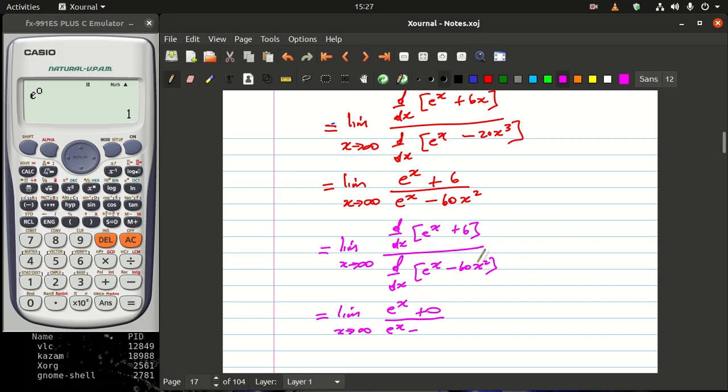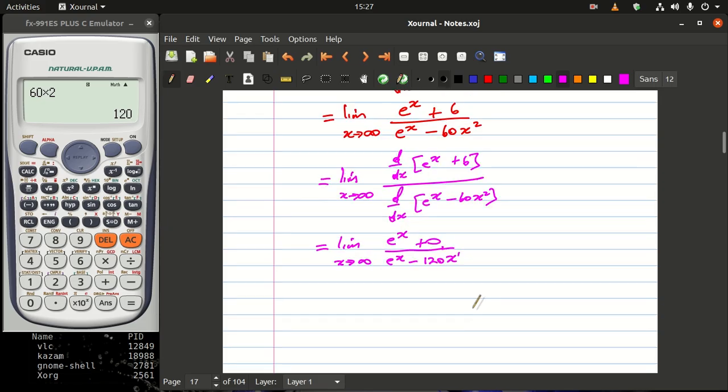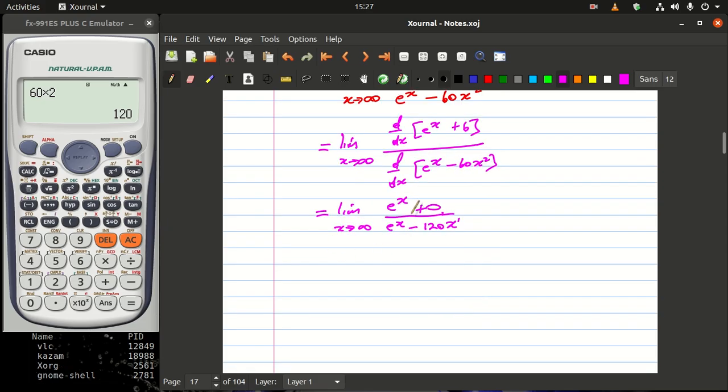We take this exponent, multiply 60, we get 120. Hope I'm right. We have 60 times 2, we are having 120, and then we have x, and then we reduce a 1 there, and then we're just gonna have a 1 there. And we can see that we still have infinity over infinity there, so we end up saying, okay, let us take